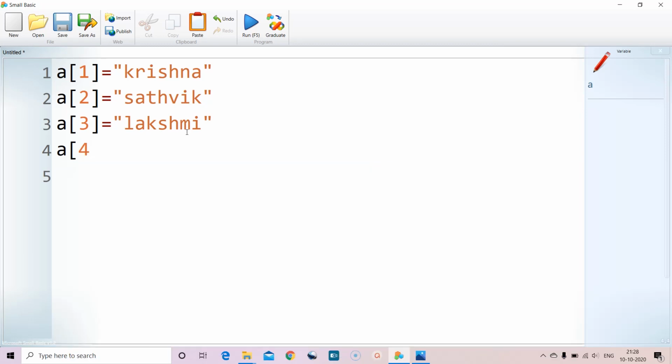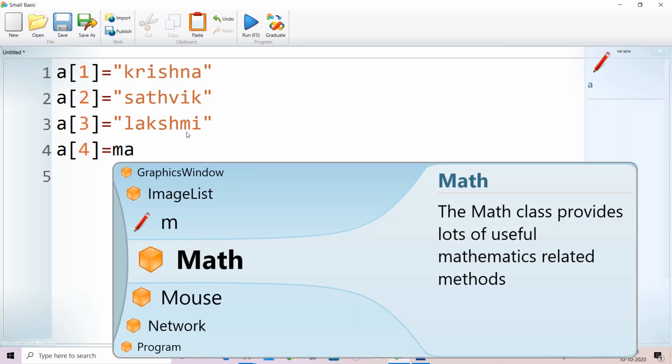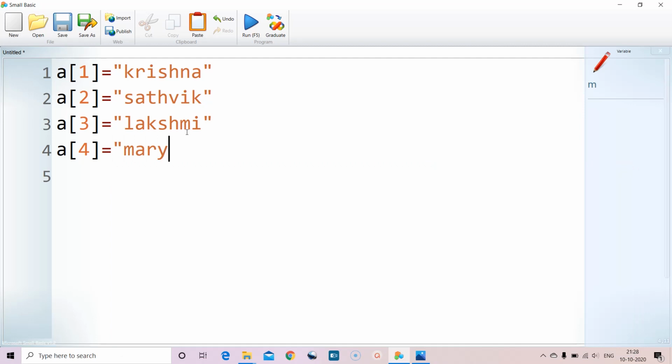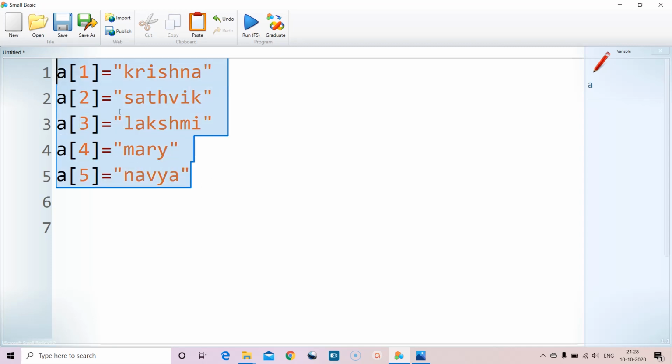And A[4], let us say Mary. A[5], let us say Navya, something like that. So we store 5 names under the same variable A. The only thing we are giving is the index 1 2 3 4 5. So this is called a single dimensional array.